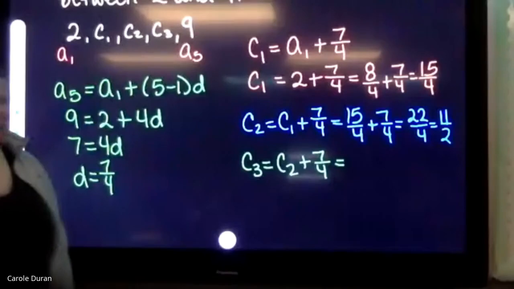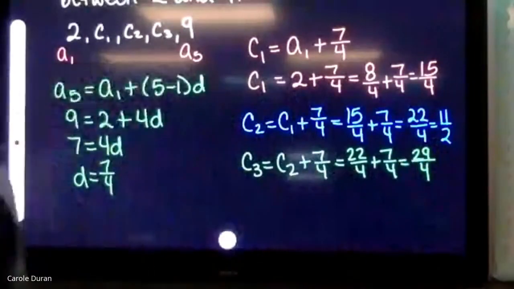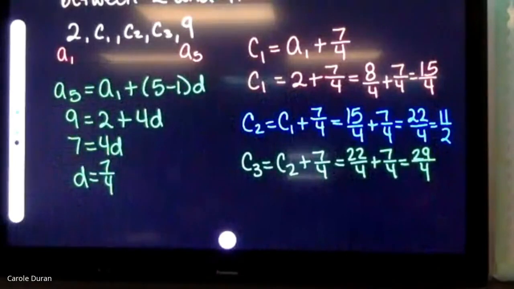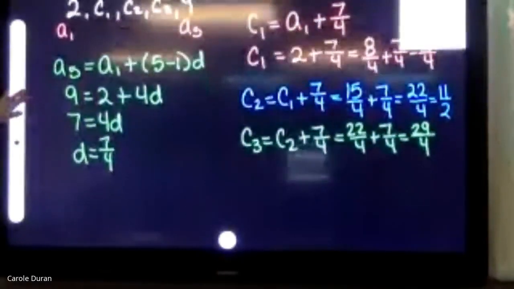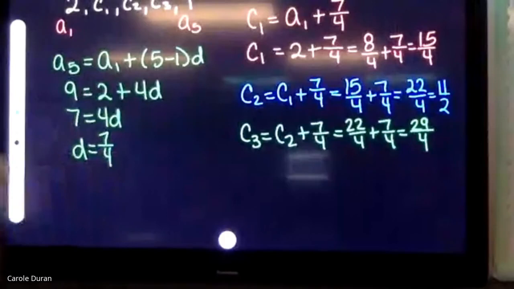I'm going to add 7 over 4 to it to get C3, which is 29 over 4. So now I have identified the 3 arithmetic means that I had to input between term 1 and term 5. And then, of course, I will write it out as that finite sequence that starts at 2 and ends at 9. How is that any different than what we did